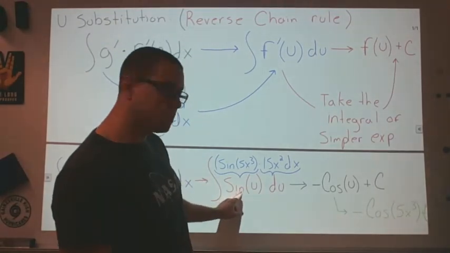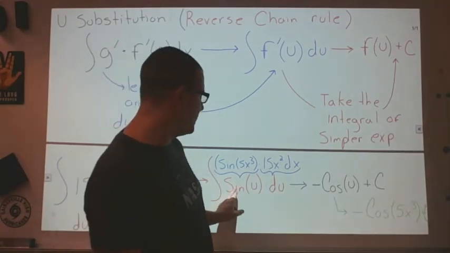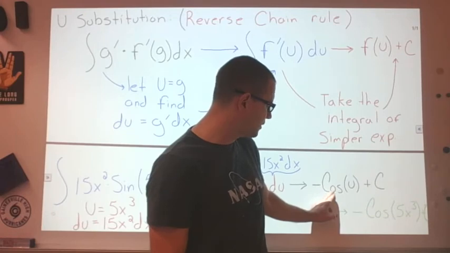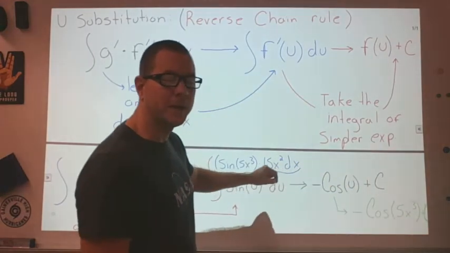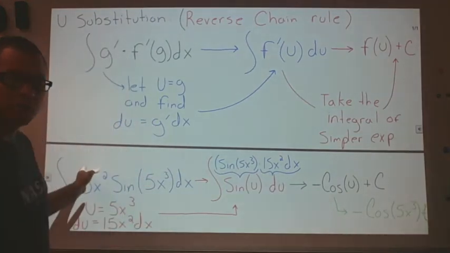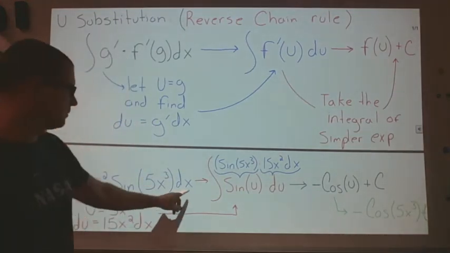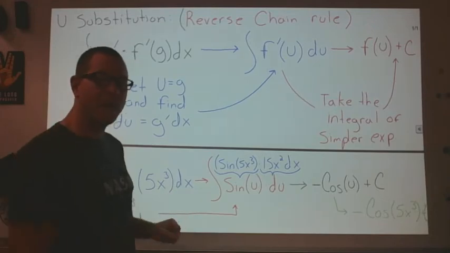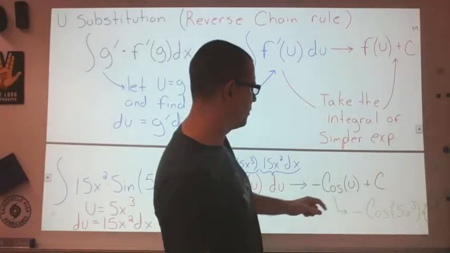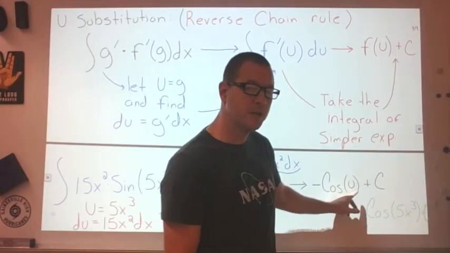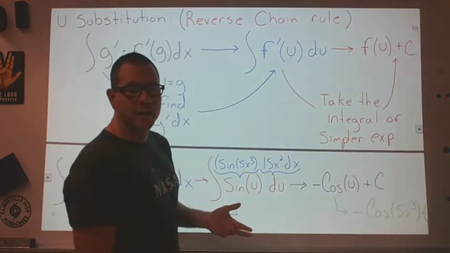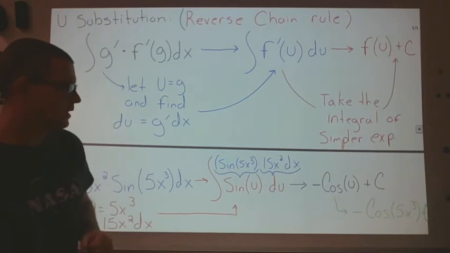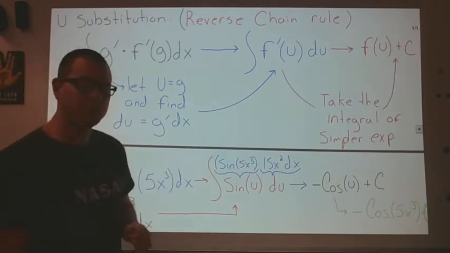Then, this is one of those common integrals. I can integrate that. The integral of sine is negative cosine of u plus c. My last step, since my original integral was in terms of x, I want to finish in terms of x, so I undo the substitution and replace u with that 5x cubed that we had, and there you go. That's your integral. So that's u substitution,